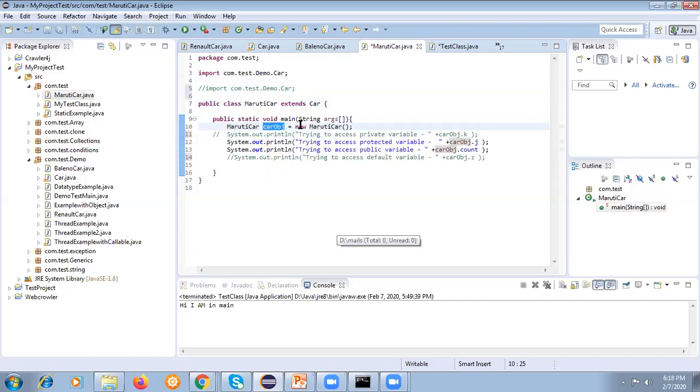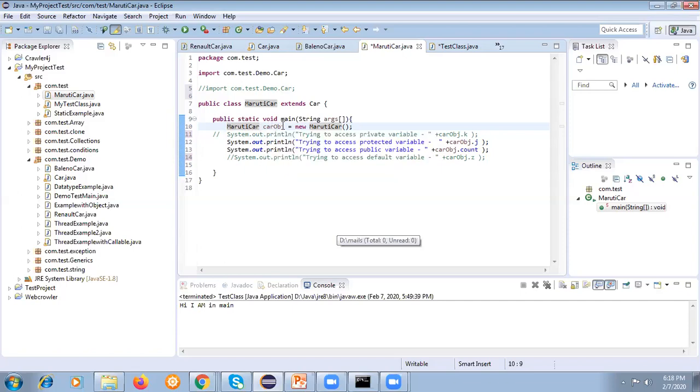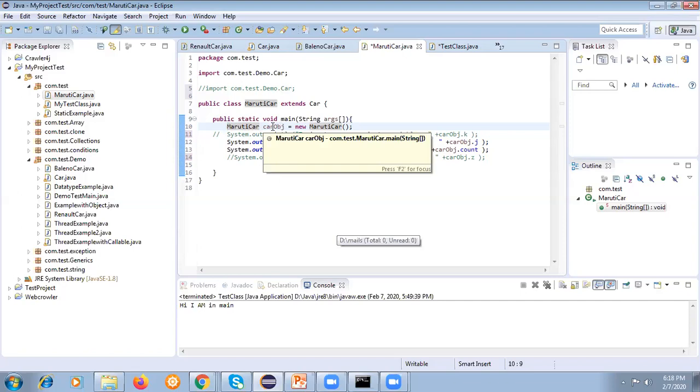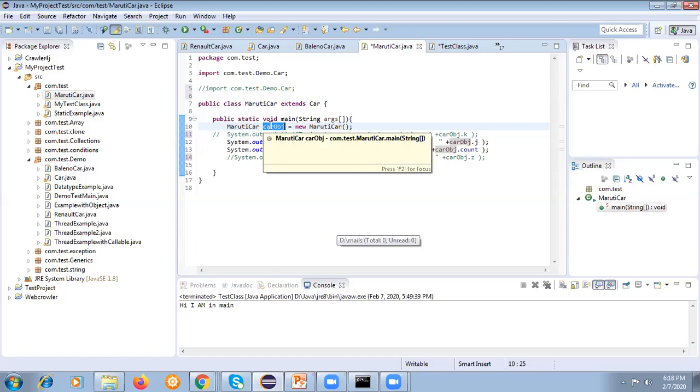With the use of the new keyword, this is the way I can create an object. So what is an object? An object is an instance of a class, when memory is allocated as the object is getting created. You should know how memory is allocated for the particular class. Now you'll see this object, this is a Car object.